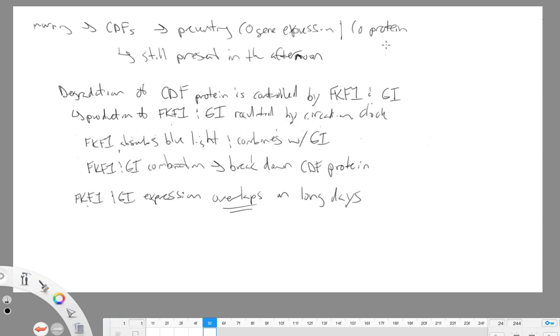Now there's also some other things in play as well. So besides these FKF1 and this GI, the CO protein itself